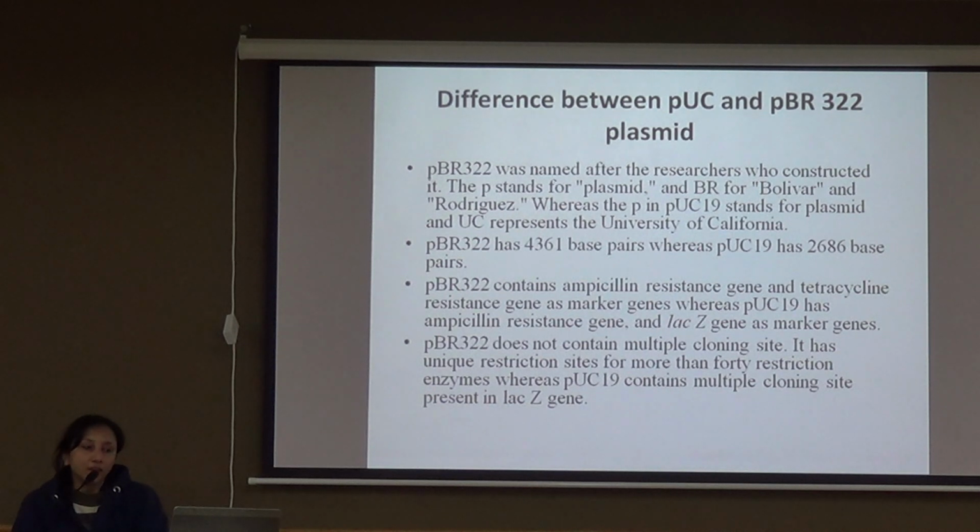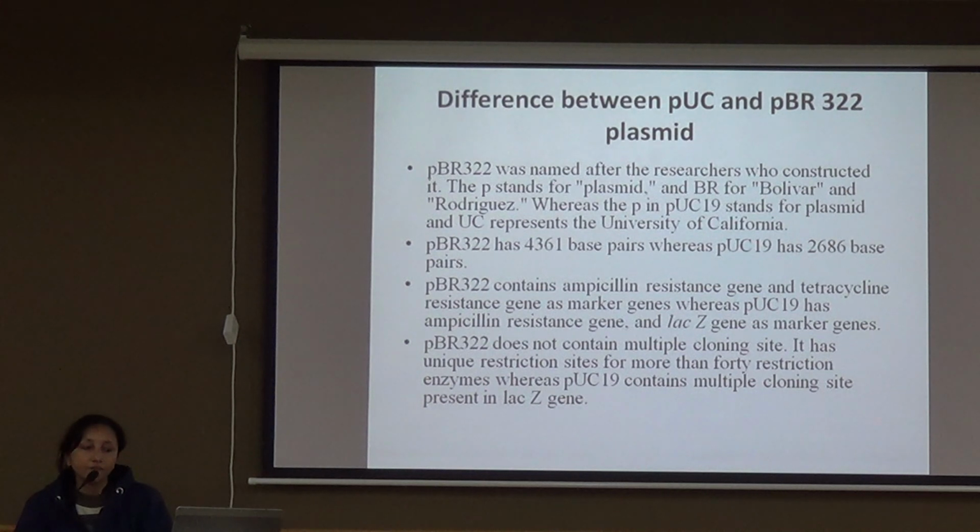pBR322 was named after the researchers who constructed it. The P stands for plasmid, BR for Bolivar and Rodriguez, whereas P in pUC19 stands for plasmid and UC represents University of California. pBR322 has